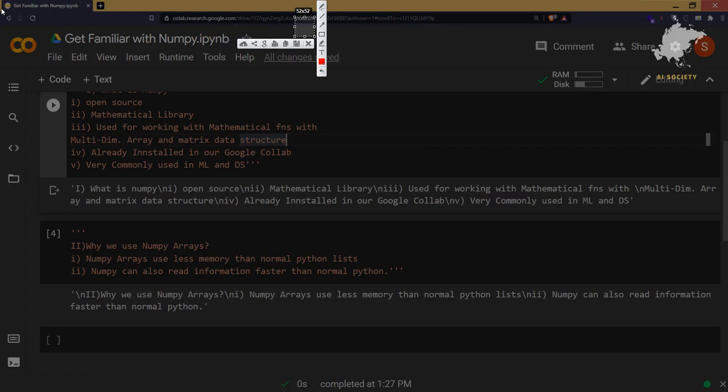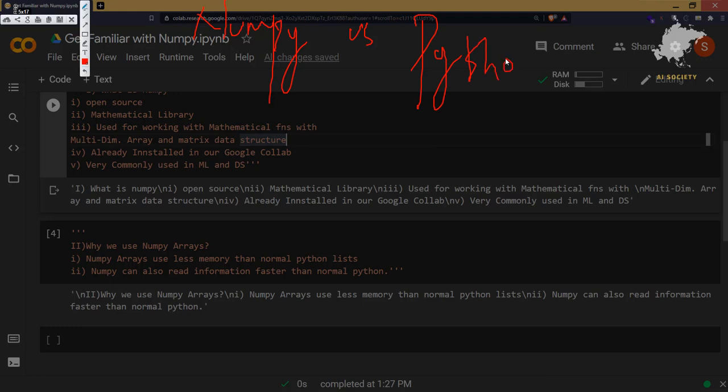Let's open a pen here. NumPy versus Python list, because the same functionality can also be done with a Python list. All the functionality that NumPy has can be done with a Python list in different ways. But why is it recommended to use NumPy arrays whenever you want to store a collection of elements? Let's talk about it.